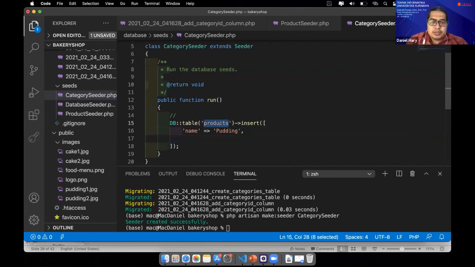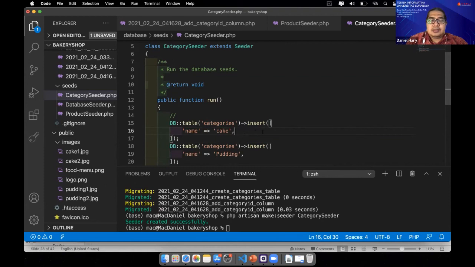This one should be categories. And the second, cake. Or the cake first. Because the ID is auto increment, we cannot put a certain ID here.